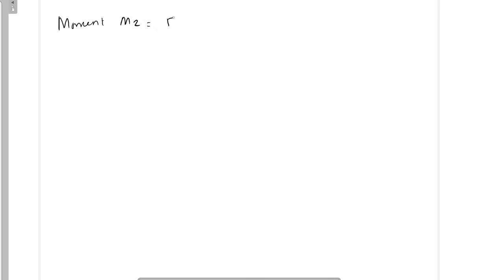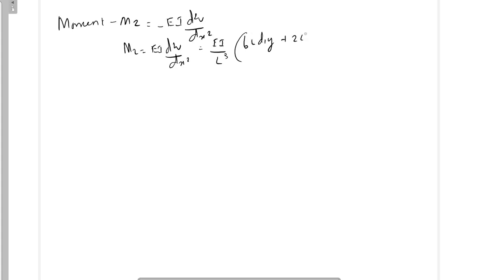So we know it is EI d square v by dx square. So it is minus EI, the moment here is negative, so it becomes positive EI d square v by dx square. So it is EI by L cube, 6L d1y plus 2L square phi 1 minus 6L d2y plus 4L square phi 2. So arranging the above equations,